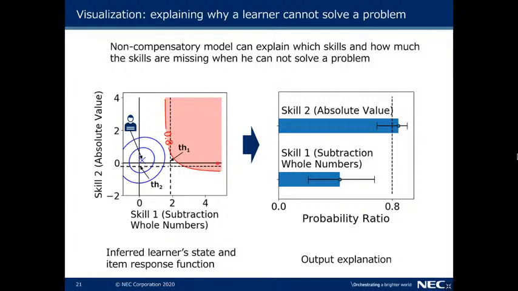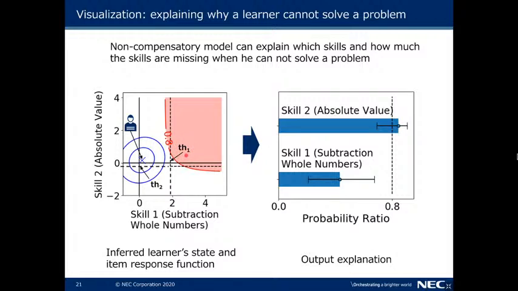So I approximate this red area using 2 dashed lines. One is vertical and the other is horizontal. Threshold 1 is regarding skill 1, and threshold 2 is regarding skill number 2. So if you have skill number 1 more than threshold 1, you have more than 0.8 chance to solve this